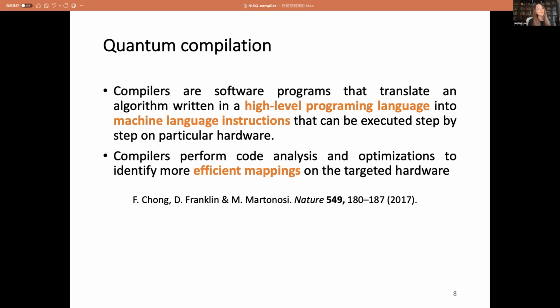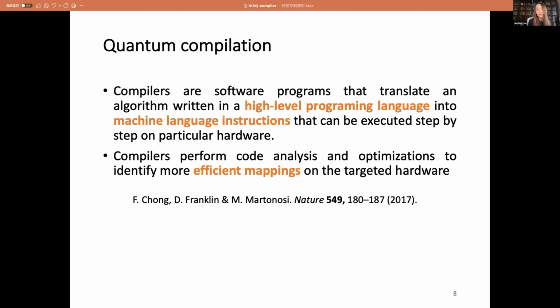Compilers are software programs that translate an algorithm written in a high-level programming language into machine language instructions that can be executed step by step on particular hardware. Compilers also perform code analysis and optimizations to identify more efficient mappings on the targeted hardware.